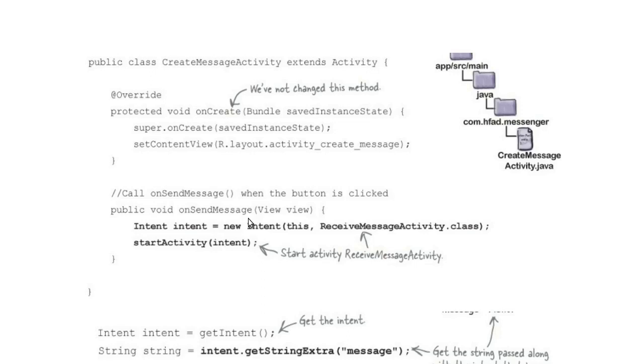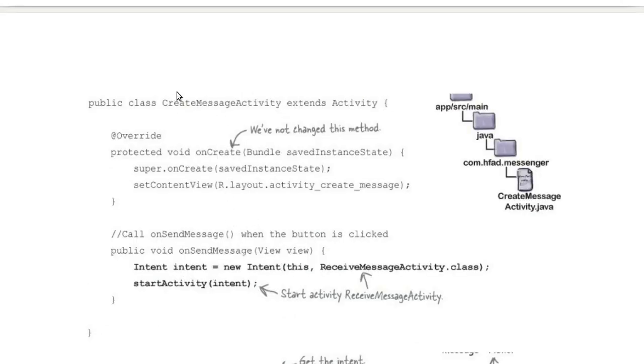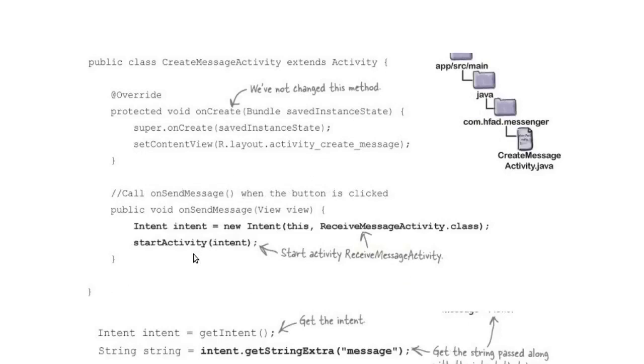So how is the code? For that we have an intent. First we have to write the intent. The intent is a class, then its object name is intent, equals new Intent(this, ReceiveMessageActivity.class). So we have to explicitly define the name of the activity class. That we call the explicit intent. There are two kinds of intents, explicit intent and implicit intent. I will cover the implicit intent, just wait.